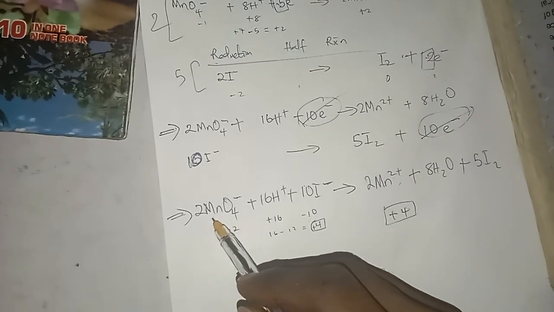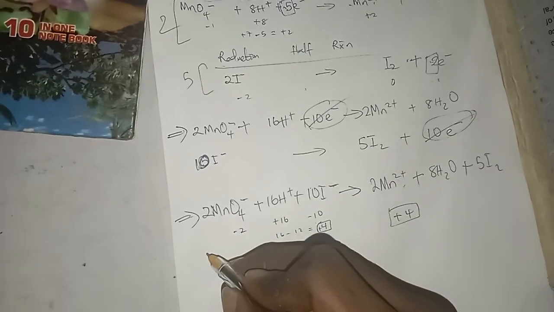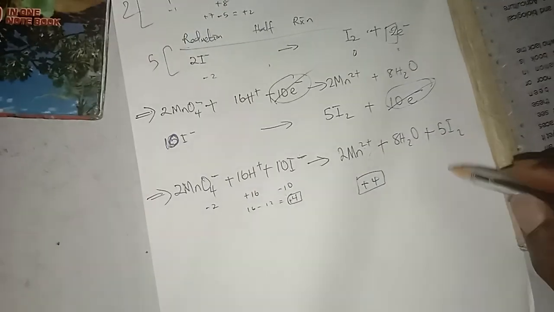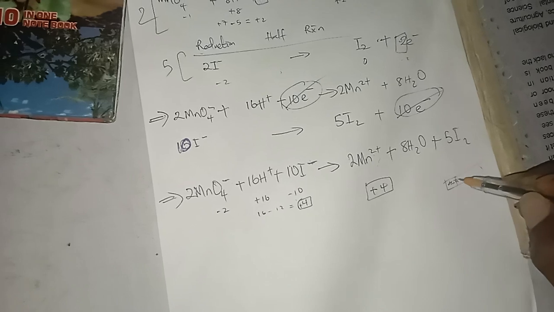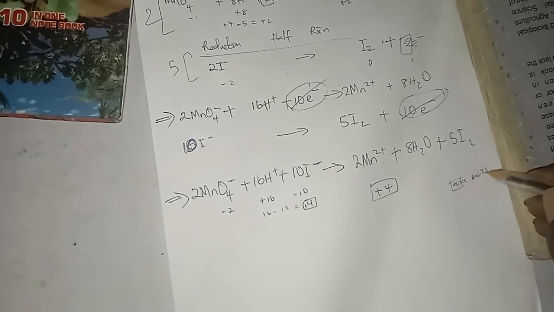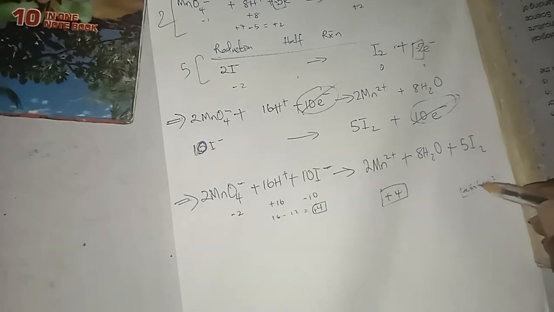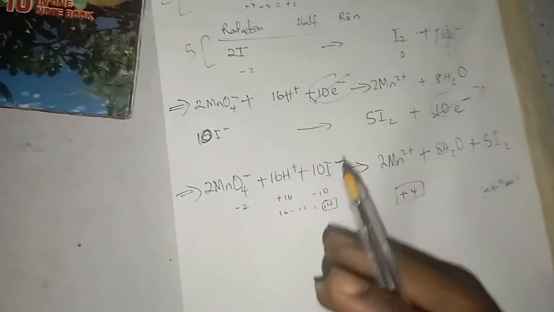So let's check for the element. Notice that what we've done here is succeeded in balancing this in acidic medium. So before you can get to basic medium, you have to balance in acidic medium. So acidic to basic is where we are moving now. But before we move to basic, we have to be sure that what we are moving to basic is actually